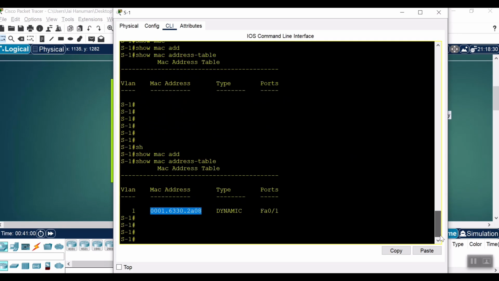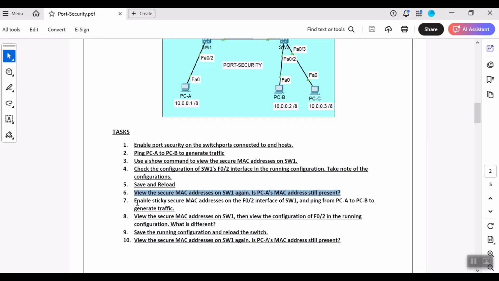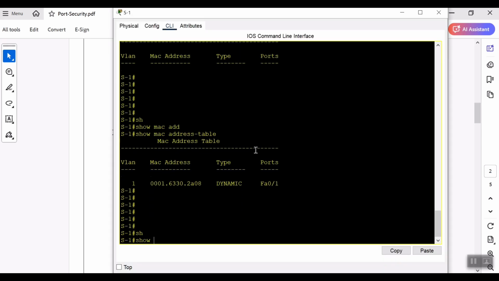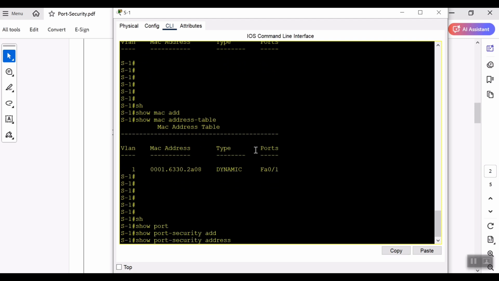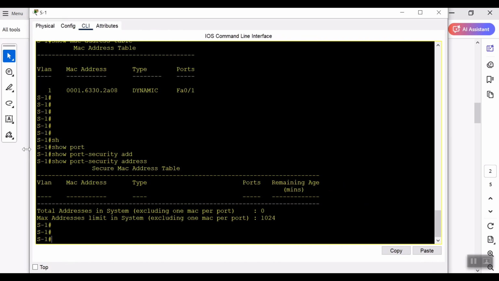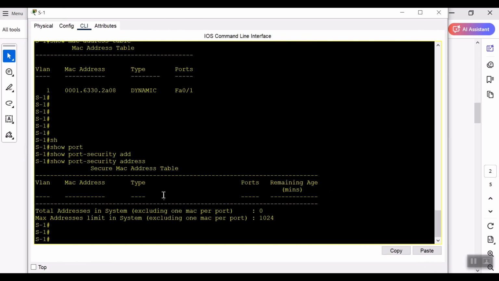Okay, let's see here. The task says view the secure MAC address on switch 1. For the secure MAC address, the command is show port-security address. You can see here the secure MAC address table is also empty. Okay,